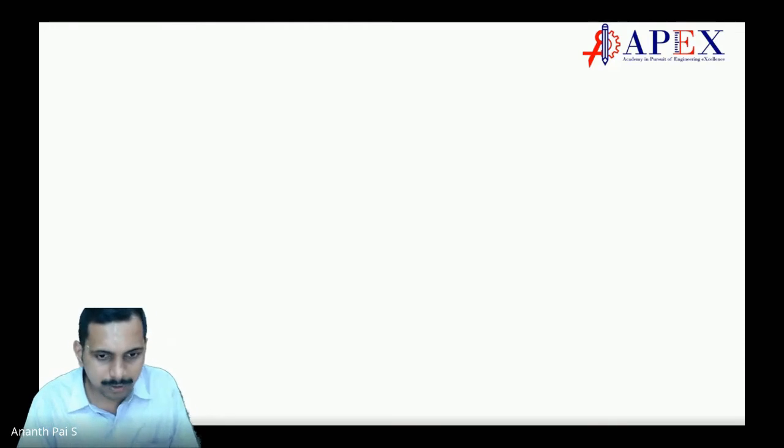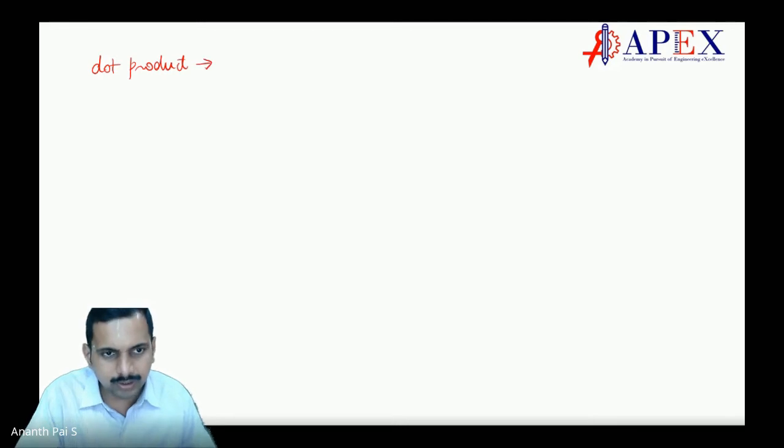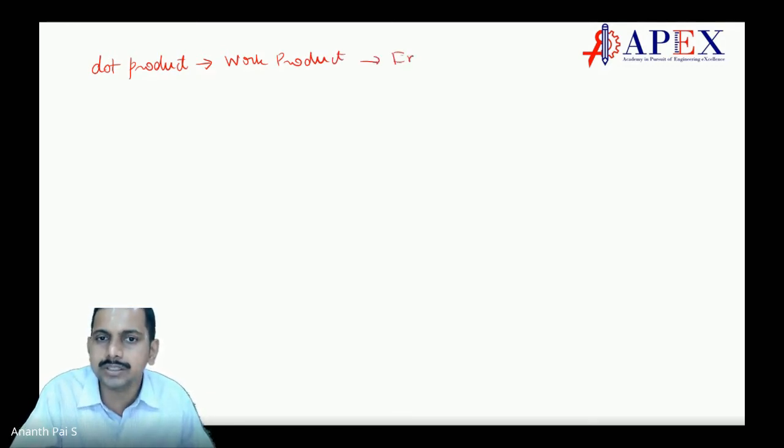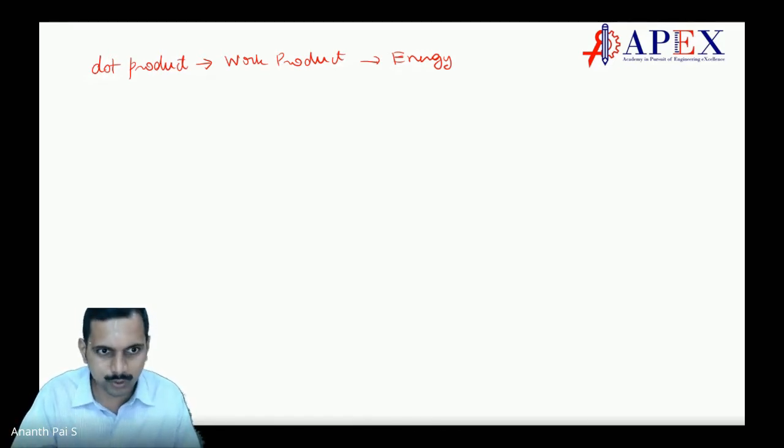Now, another point here. I'm trying to answer what Ramakrishna has asked. Dot product is work product, correct? Now, how it is useful is the question. Work is related to energy, is it not? So if you want to find the energy that is consumed, your dot product becomes very, very important. Now, how can you remember is one of the questions you have asked.